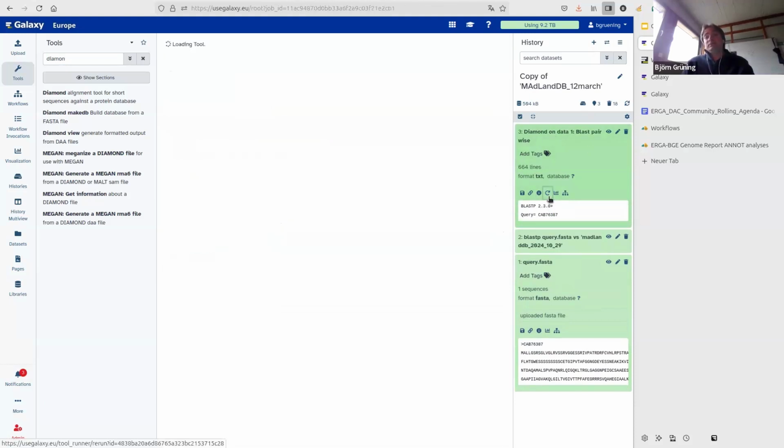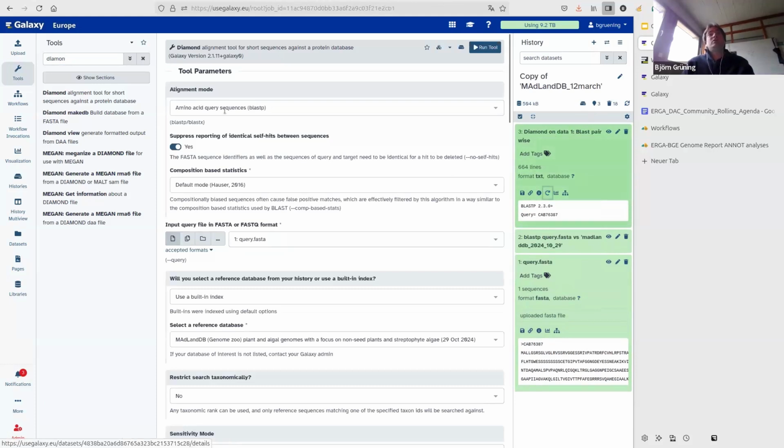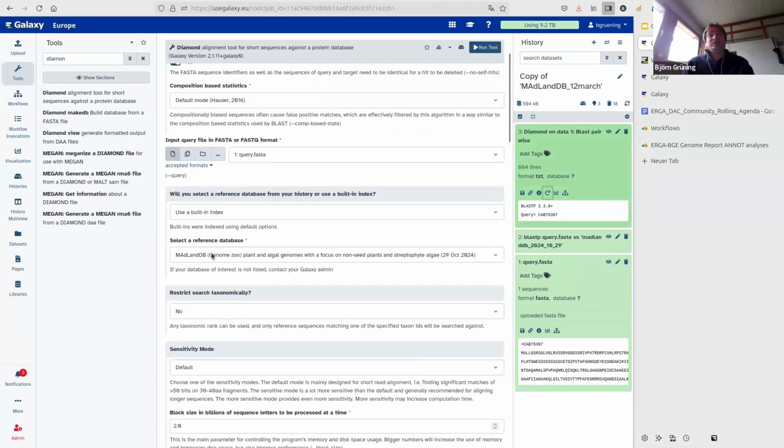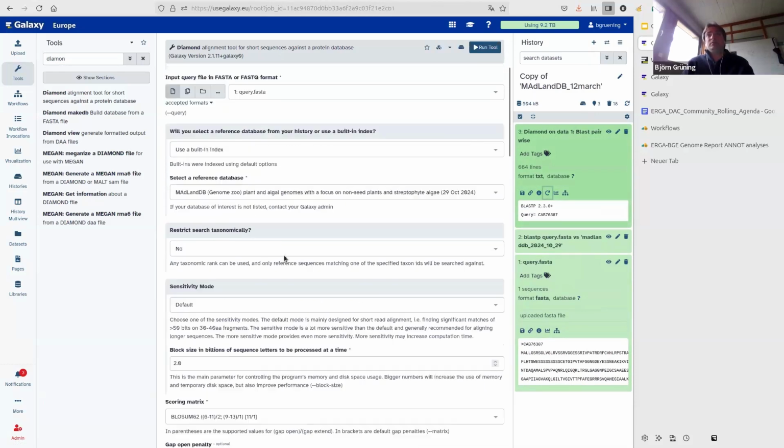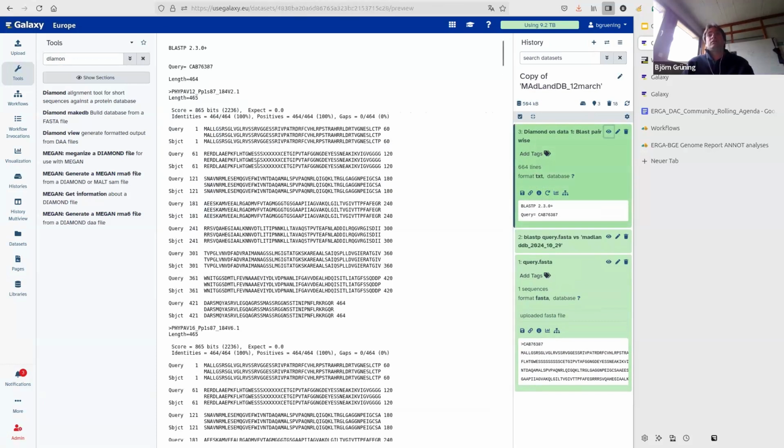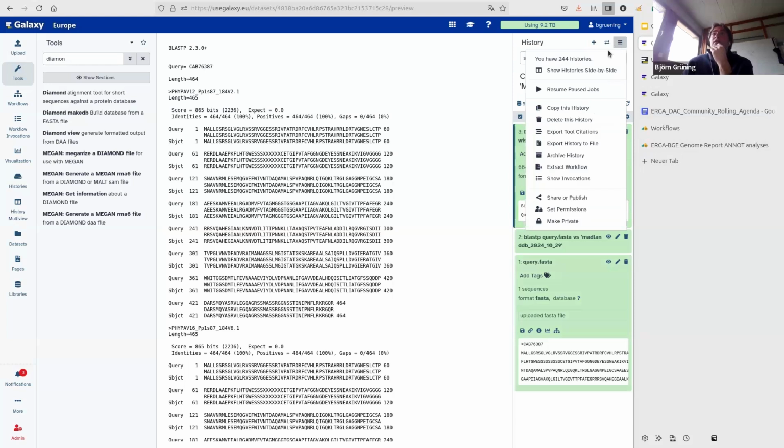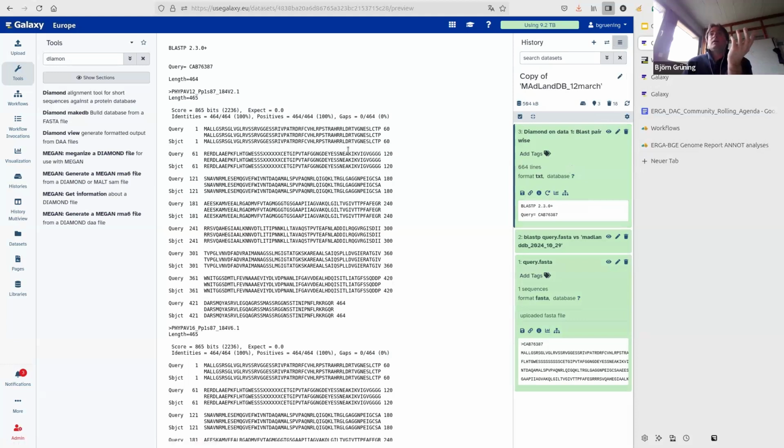So you can see here, if I click on reload, you can actually see that I run this tool with those parameters, with this input. I used this reference database and so on. And you can see the result already. So this is now a 2 or 3 step data analysis. There is no workflow behind it because I did it now interactively. But what you can do is you can now go here and say, extract a workflow from my data analysis, right? And this